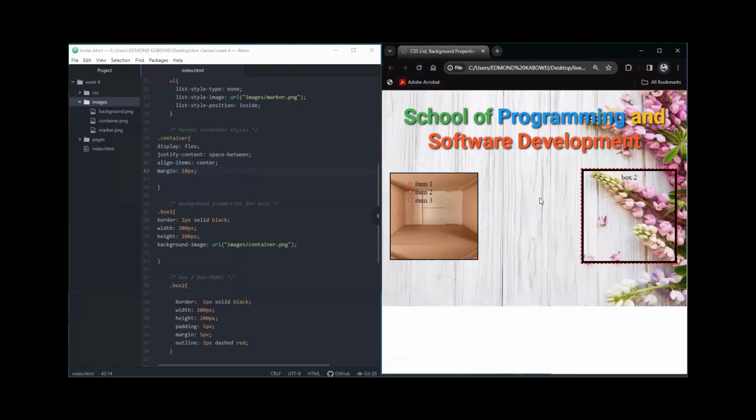So as you can see here now, I have the containers. I have every style I've applied to the containers. I have them positioned aligned next to each other, but with a space between, since I have specified. So you can always explore, try out the different values, try out the different properties we can use to display and position elements on the page. So because of this, I'm going to be stopping here,